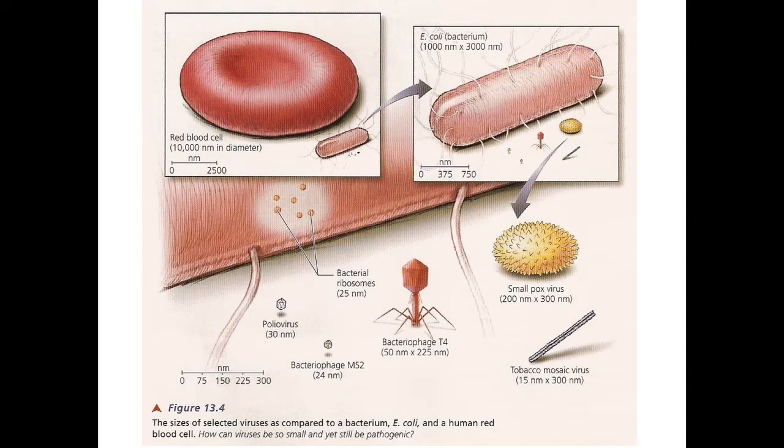So here are some other examples of viruses, and the nice thing is they show some of these different morphologies that I talked about. Tobacco mosaic virus is the paradigmatic example of a helical virus. It's nothing more than a strand of RNA associated with multiple copies of the same protein, just attached to that RNA. This is one of the simplest biological infectious entities known. And it not only infects tobacco,